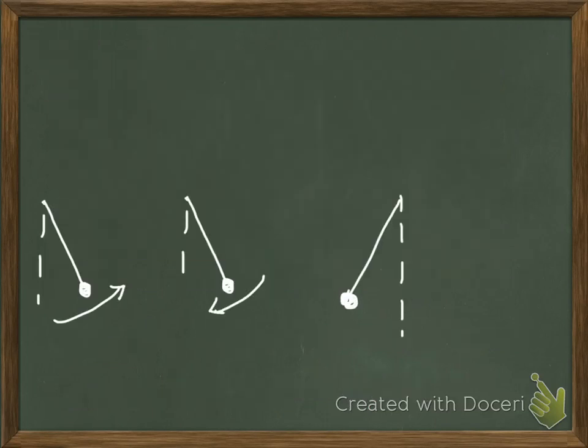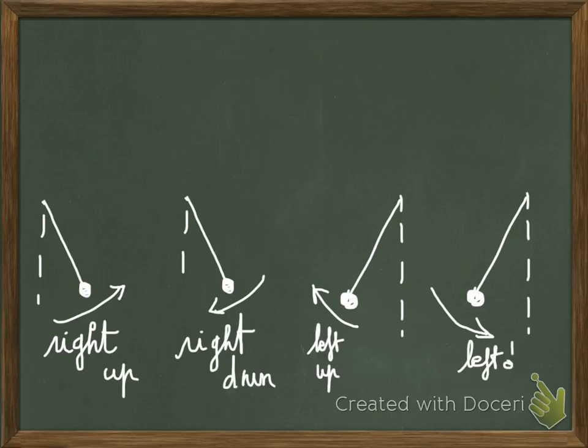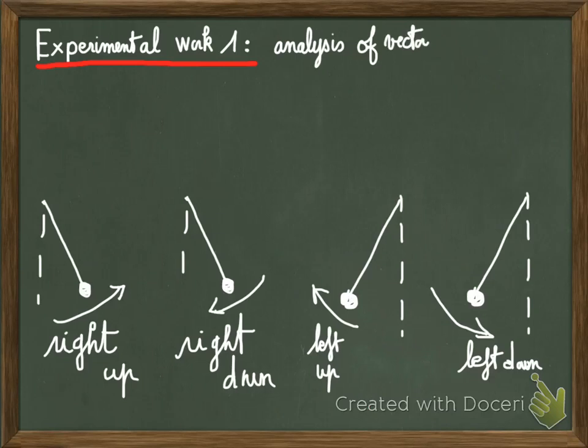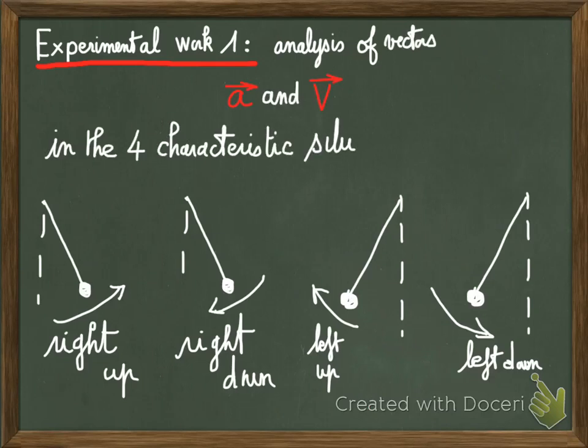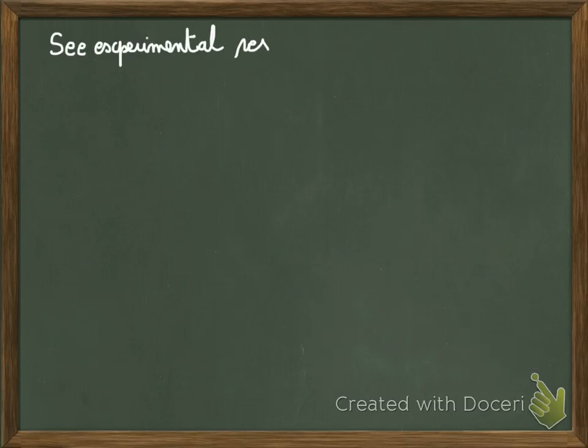The pendulum trajectory is characterized by four situations. The pendulum can move on the right up, can move on the right down, on the left up, and on the left down. These are the four characteristic situations. They are studied